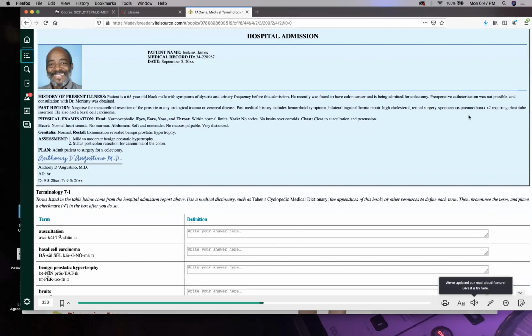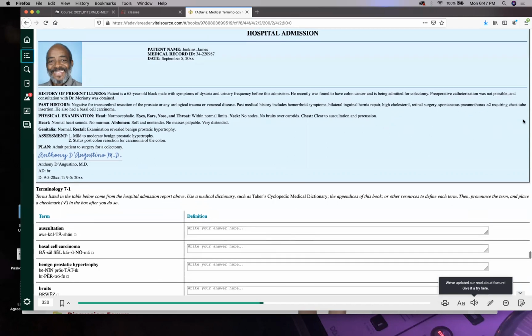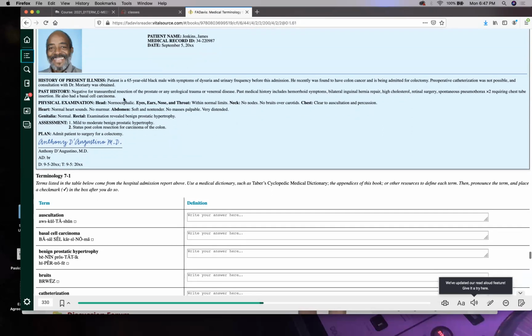If my patient had a spontaneous pneumothorax, where was he admitted? Was he admitted to the Department of Urology, Psychology, Pulmonary Medicine, or Internal Medicine? And of course, pneumo means lung, pulmonary medicine. So they're the ones who probably did the chest tube. He also had BCC, which I don't believe because he's African American. Basal cell carcinoma is skin cancer, but maybe he worked outside a lot, because people of color don't get basal cell carcinoma too much. But if you're light skinned and you're outside a lot, not a good idea, right?